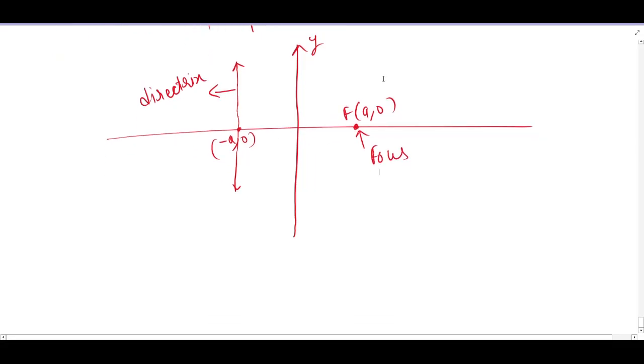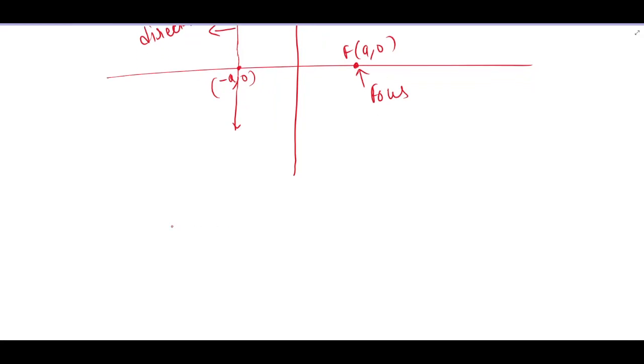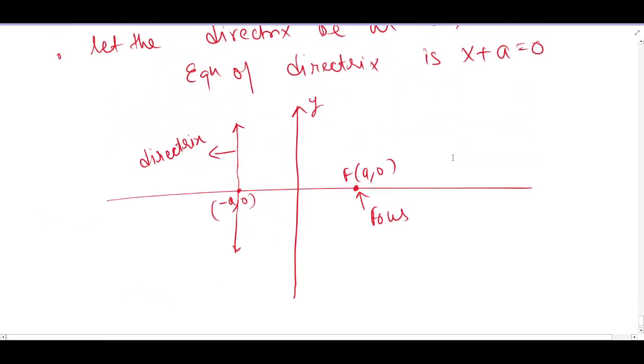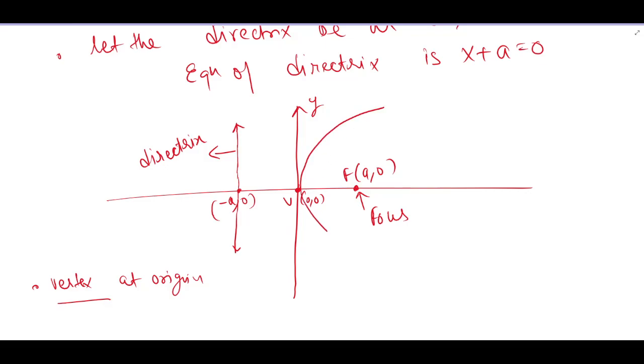Next, we have a vertex at origin. Vertex at origin means that the parabola intersects the axis at 0 comma 0. So this is a parabola which intersects the axis at origin. Now consider any point P, x comma y,